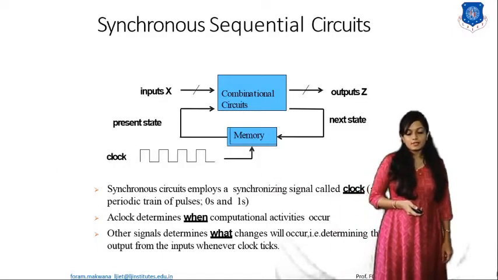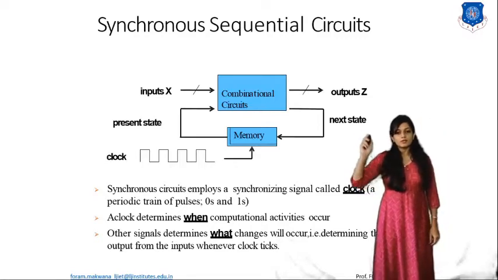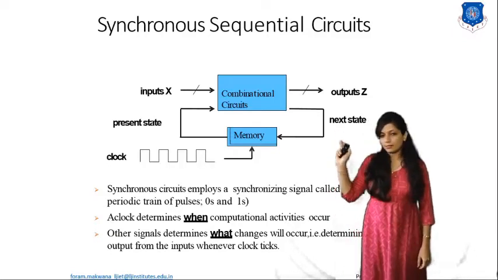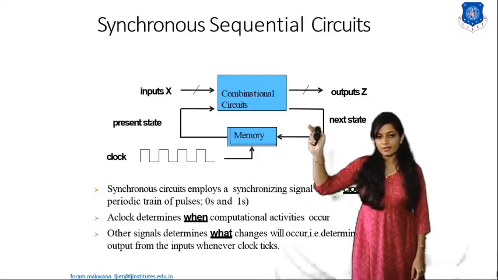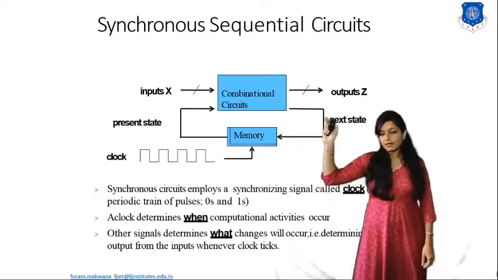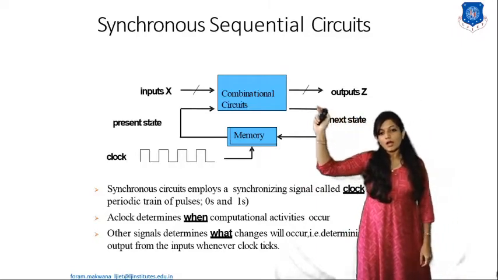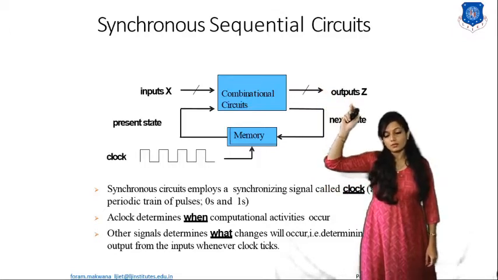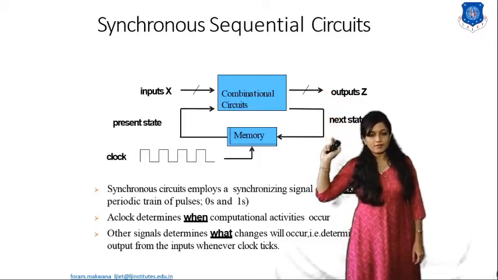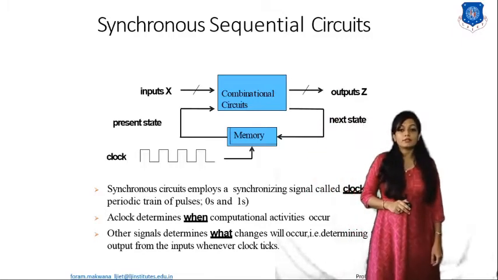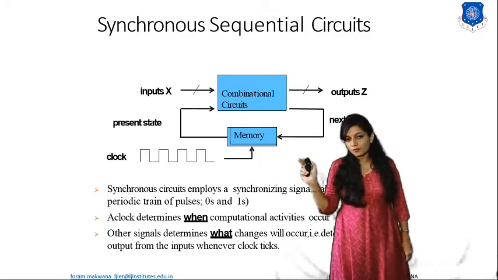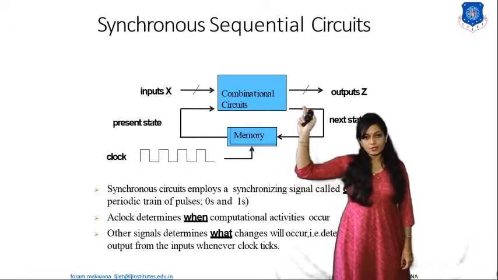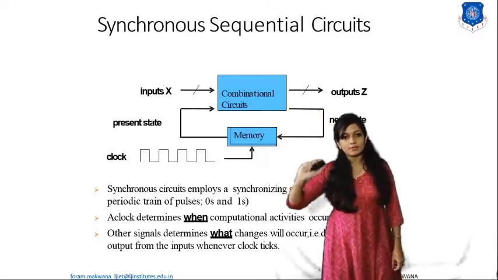Now, let us discuss the block diagram of the synchronous sequential circuit. As the synchronous sequential circuit consists of a combinational circuit with memory, it has the input X and the output Z. Now, the output will also be stored in the memory. Why? Because my output is dependent on the previous state also. That's why we need the memory. The memory is triggered, right? Data is fetched with the help of the applied clock pulse. Okay? So my output depends on the present state as well as the previous state.